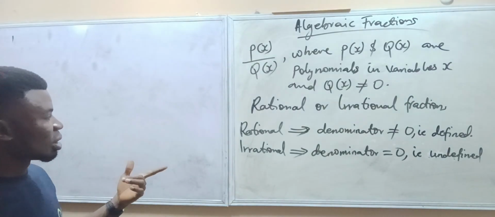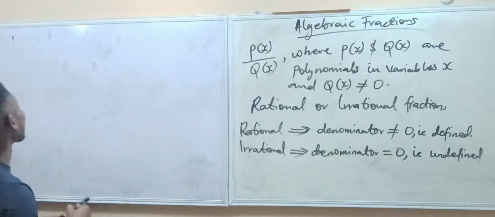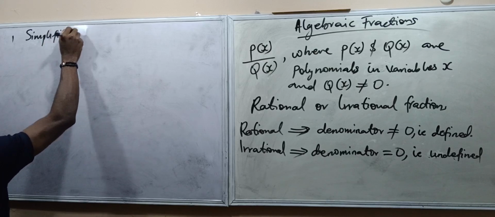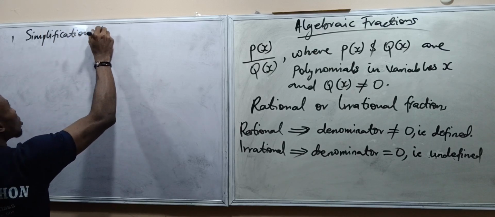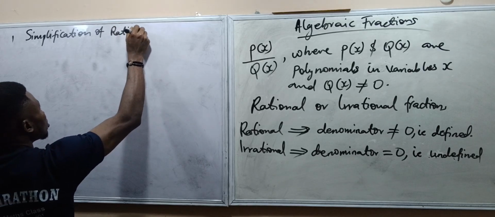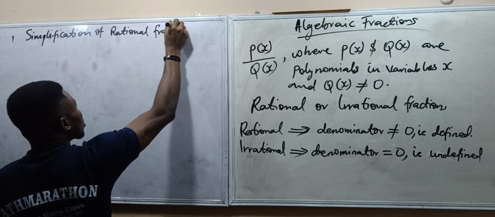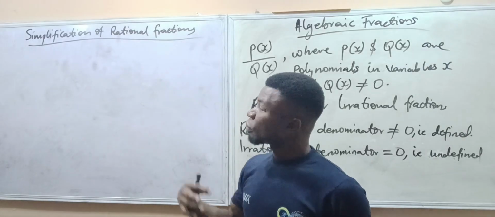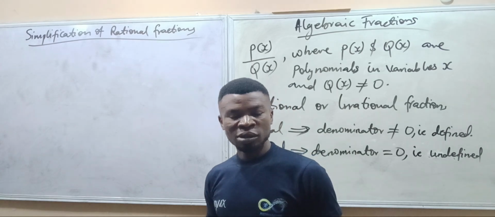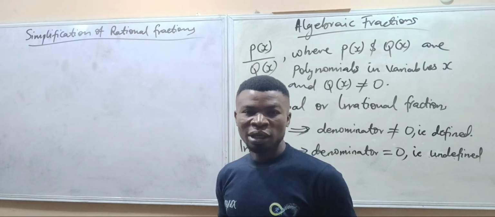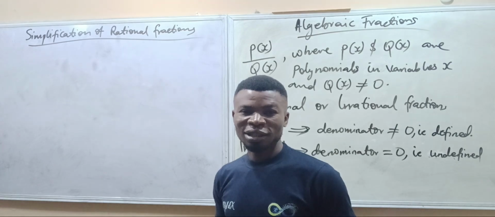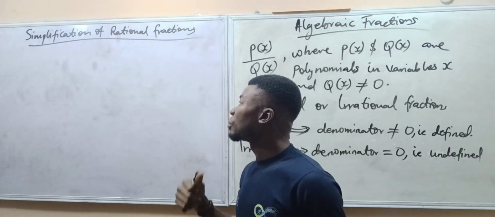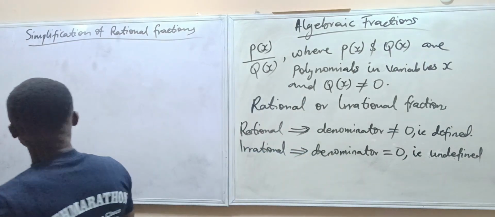So we'll be looking at simplification of rational fractions. And of course, this can be done either by linear combination and factorization, or by partial fractions. You heard that, right? Partial fractions, which is the most interesting part of this topic. So I said this can be achieved